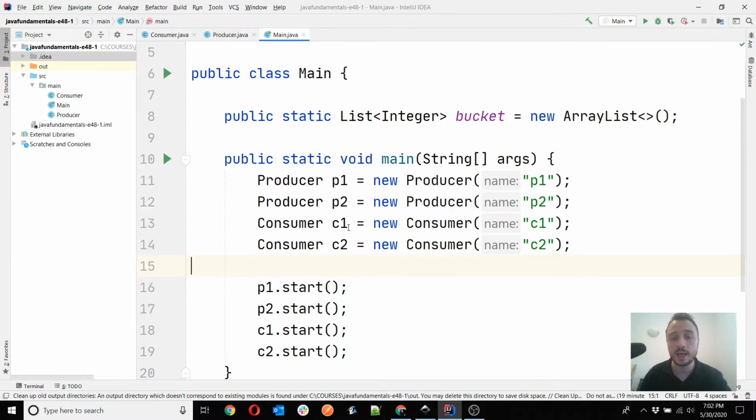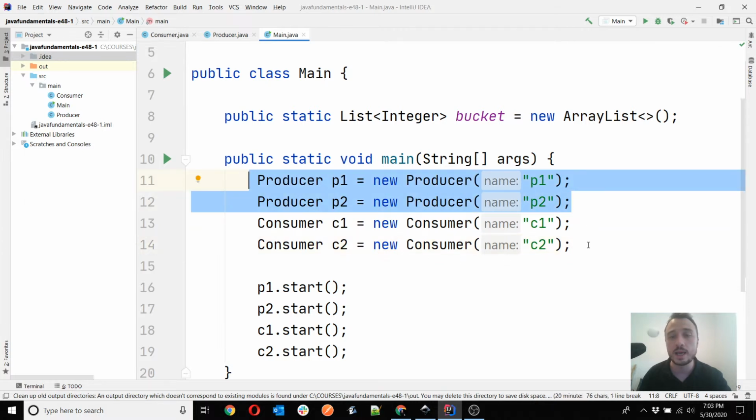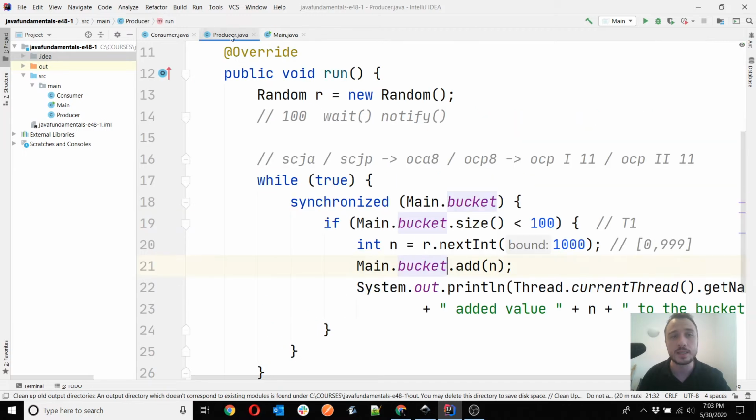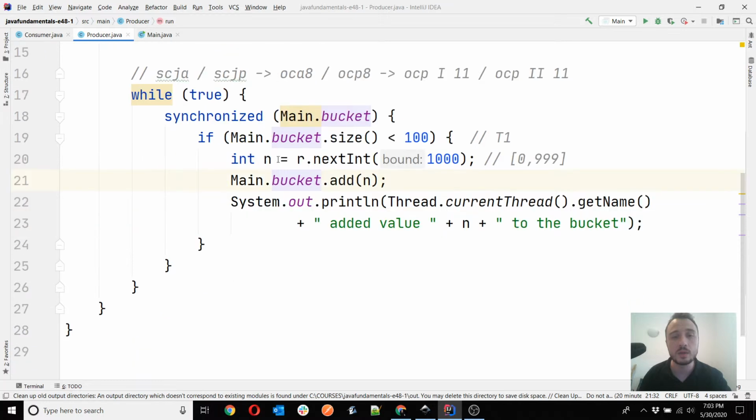So what we had, if you remember, was this producer-consumer architecture where the producer and the consumer classes designed two different threads. Of course, we then implemented multiple instances of the same kind of thread. In my case, I have implemented two producers and two consumers here. The producer is designed in the producer Java class. You can see it here, and it's running continuously.